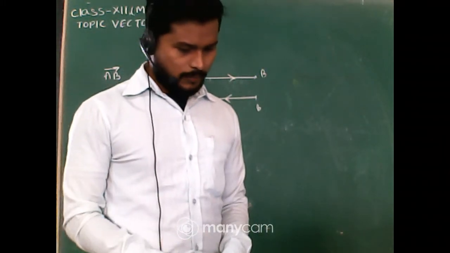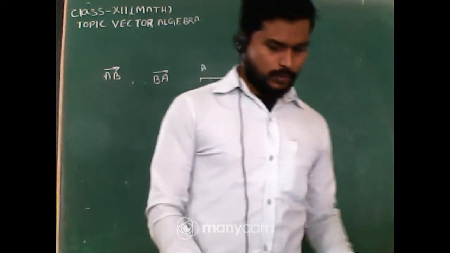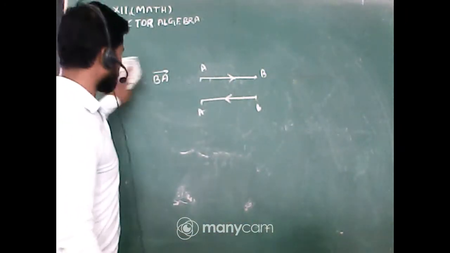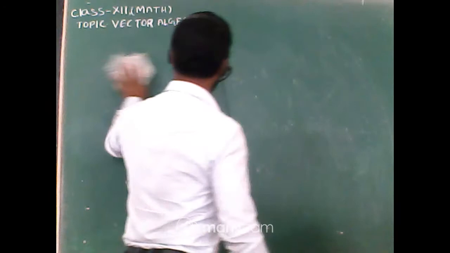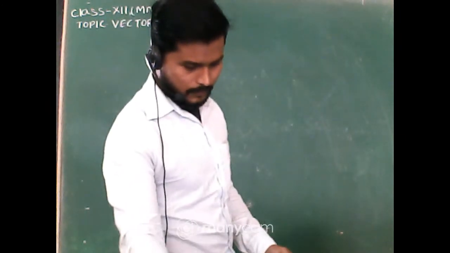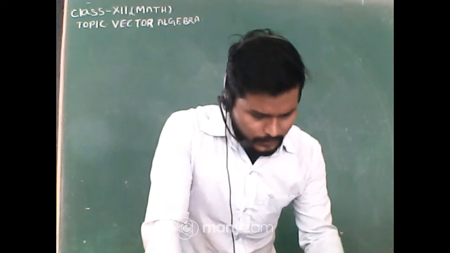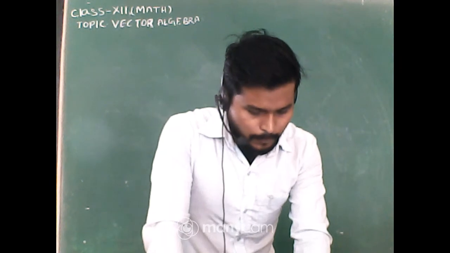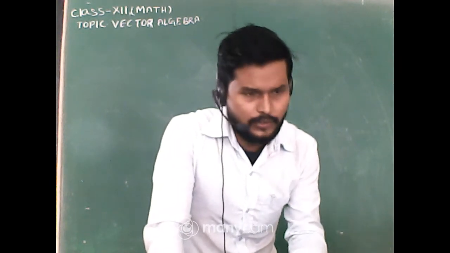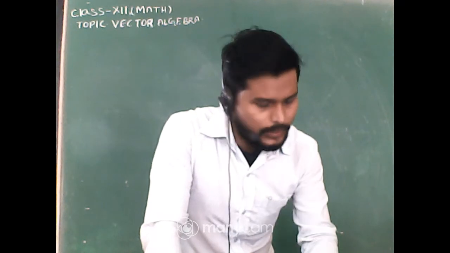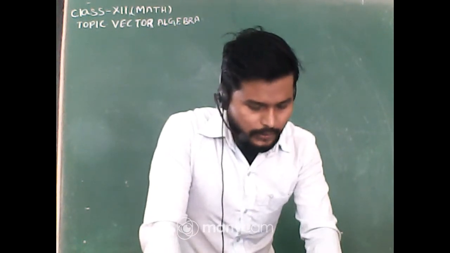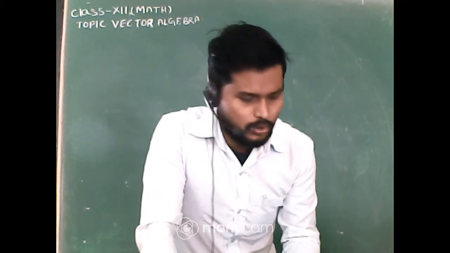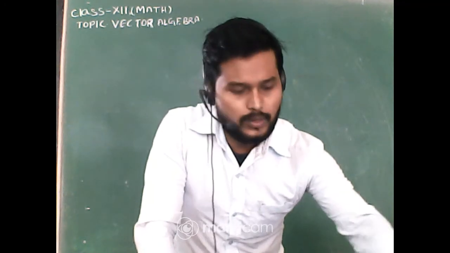Okay, so let's solve a few questions from your first exercise. Then we'll go to the next one. These are very simple questions. I'm starting from question number 2. The first question is, classify the following measures as scalar and vector. A few questions are there, and we have to identify which is the scalar quantity and which is the vector quantity. The first is 10 kg. Obviously it has a magnitude only, so 10 kg will be a scalar quantity.